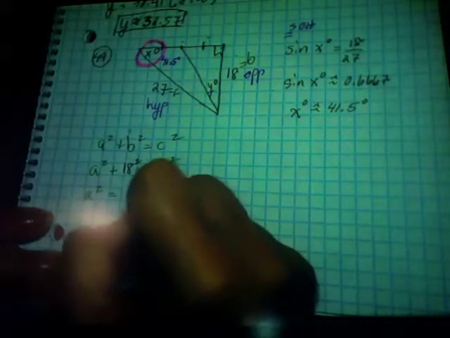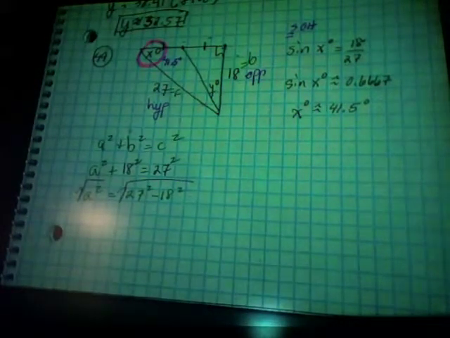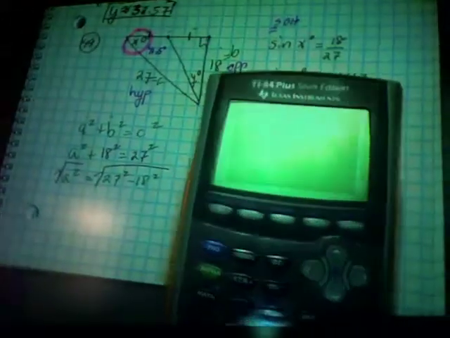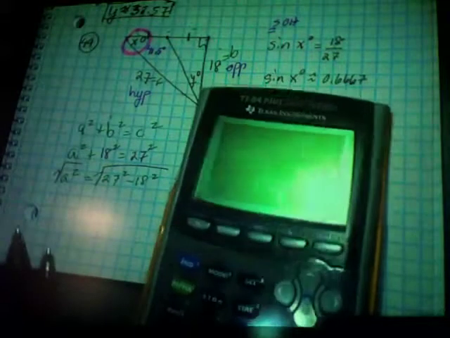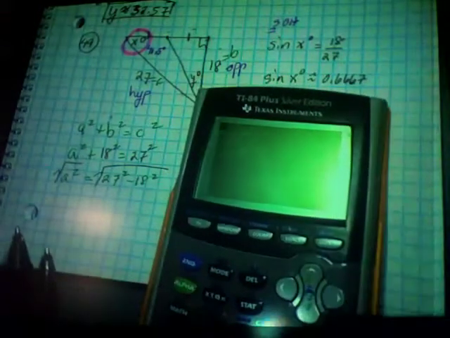So isn't A squared equal to 27 squared minus 18 squared? And then don't we take the square root of the whole thing? Can't I put that in my calculator exactly as it shows? So here you go. Use your square root button. So square root of